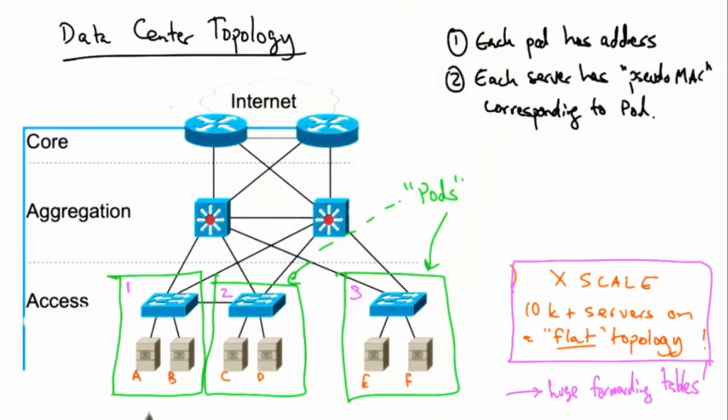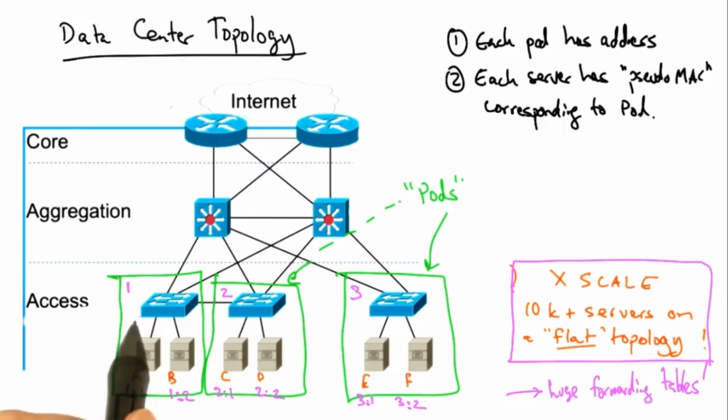So in addition to having a real MAC address, each server has what's known as a pseudo MAC address, as shown in pink. Thus, switches in the data center topology no longer need to maintain forwarding table entries for every host. They only need to maintain entries for reaching other pods in the topology. Once a frame enters a pod, the switch then, of course, has entries for all of the servers inside that pod,